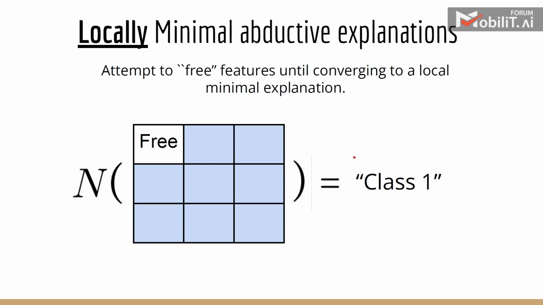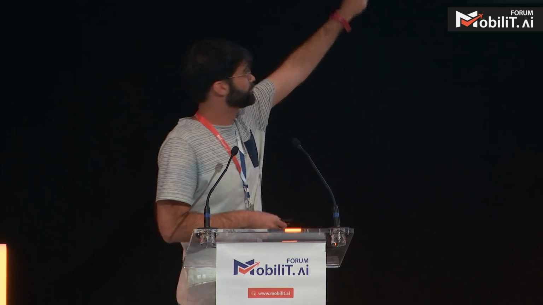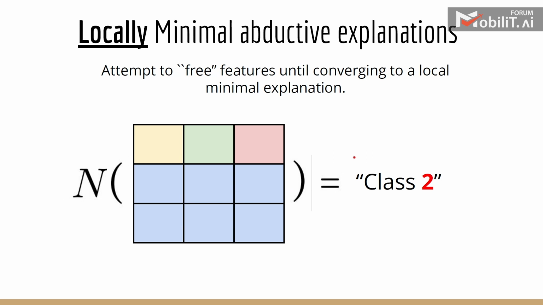If this process was successful, we can continue on to the next feature, and now we're encoding a query where we're freeing both of these features. Both of these features can take on any possible value. Let's say that this was again successful. We continue to the third feature. But now when we encode the query, we find some counterexample, or in other words, we get a SAT result in our verifier. So what we do is we leave this pixel, this feature, inside, and we move on to the next one, and to the next one. Using a linear number of queries, eventually we will converge to some locally minimal abductive explanation. So this is how we can find locally minimal abductive explanations using DNN verification.